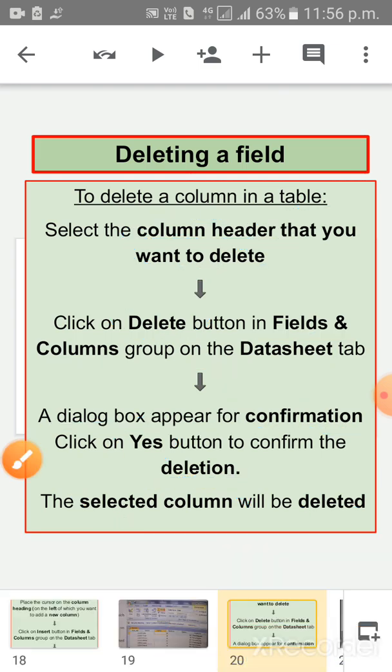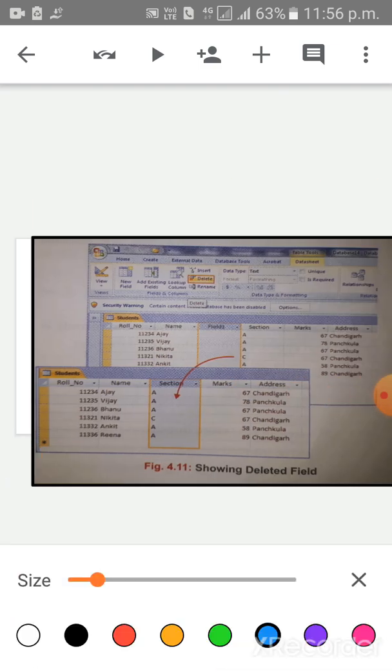Clear? Now children, look at the screen. Here this is the screen showing how to delete a field. Children, whichever field you want to delete, you have to select this column. This column header you have to select and go to the field and column group on the datasheet tab. 3 buttons are there: Insert, delete and rename.